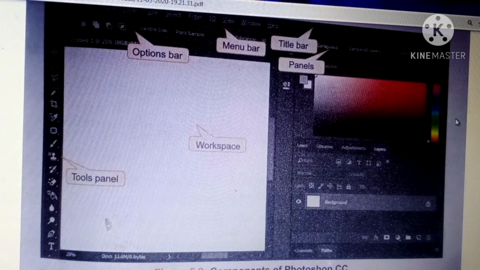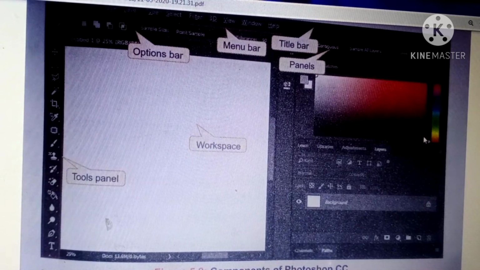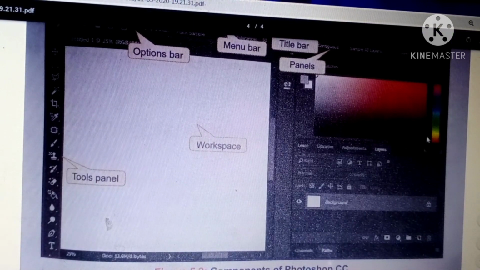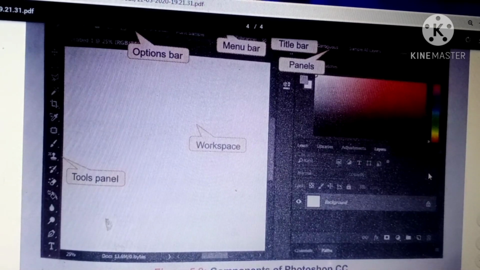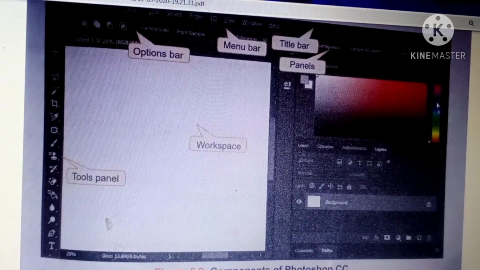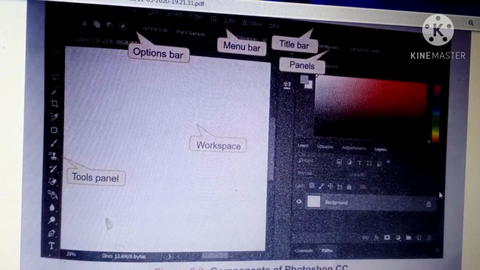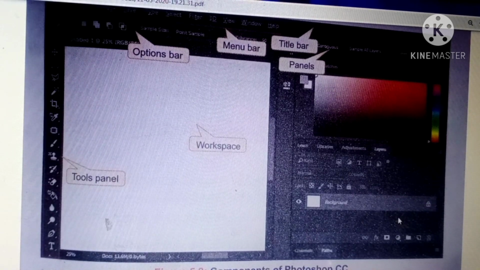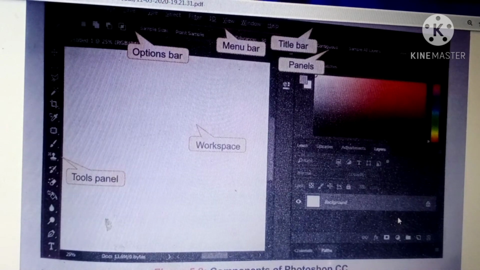Adjustment panels: if you want to give different colors to a layer, you can use the move arrow. This is a simple window, so it is not moving now, but whenever you open it live, you can move it, and by adjusting this, you can apply many effects to a group of layers. In the history panel, you can access your document history.